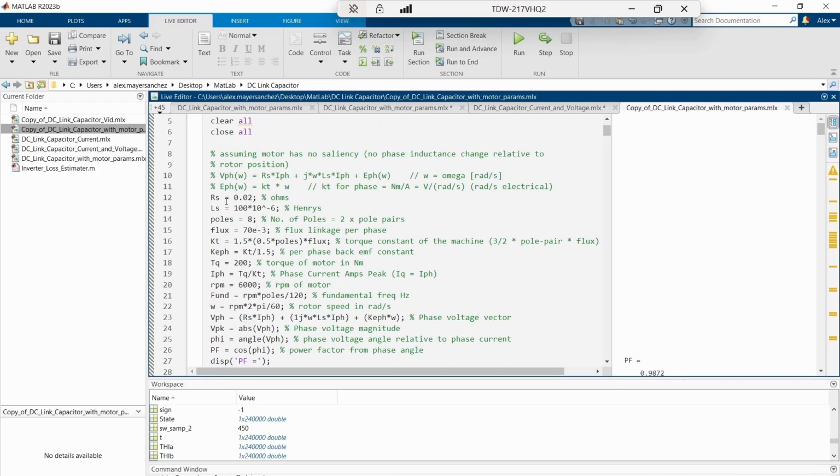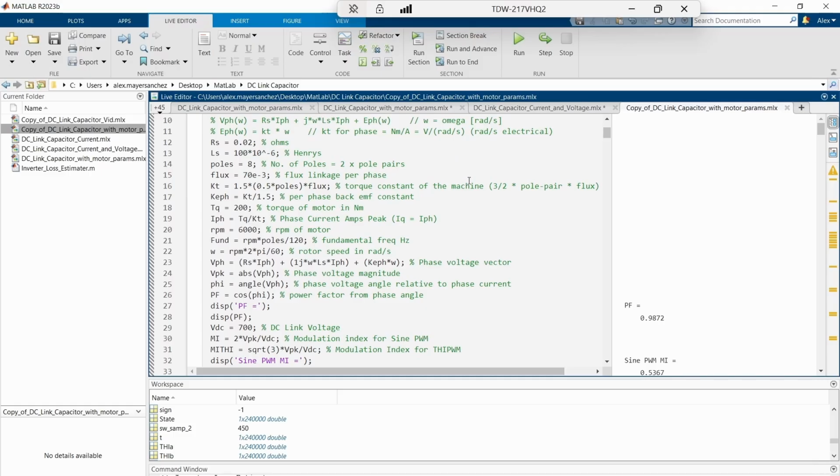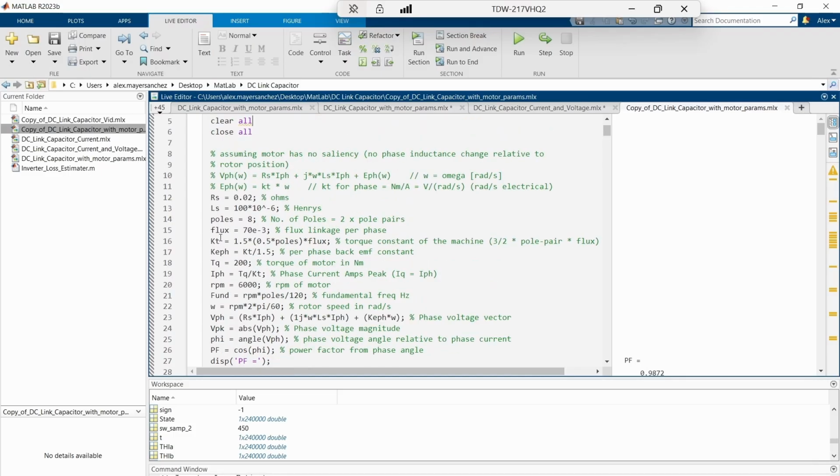We have the series resistance of the phase, the series inductance of the phase, the number of poles of the motor, and the total flux linkage per phase. If you imagine a motor, it has permanent magnets on the rotor. There are going to be flux field lines going through each of the coils of the stator, and all of the flux that's going through the coils of one phase is the total flux linkage per phase. And then from that, we can calculate the torque constant of the machine, or you can just get the torque constant